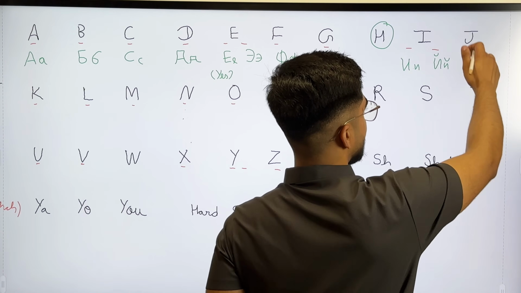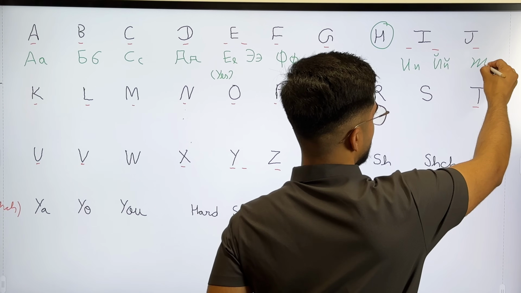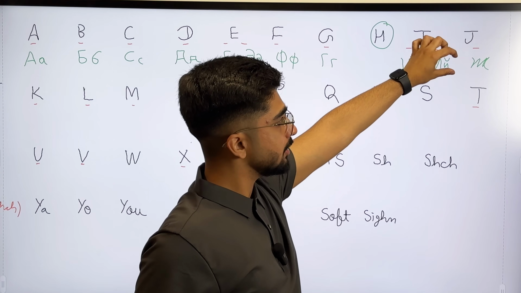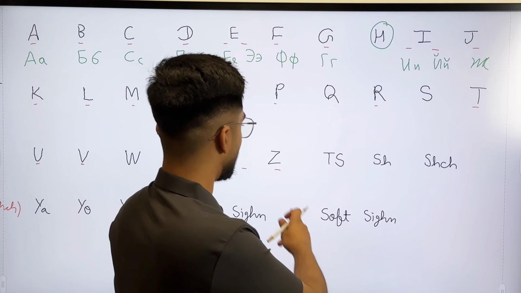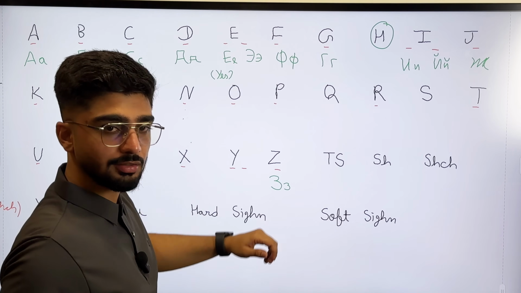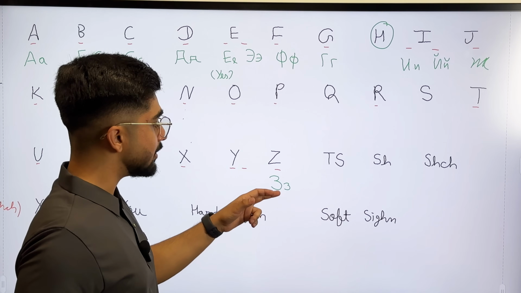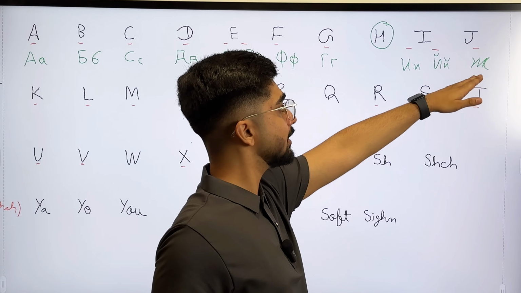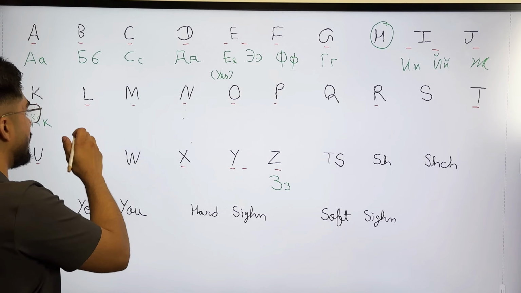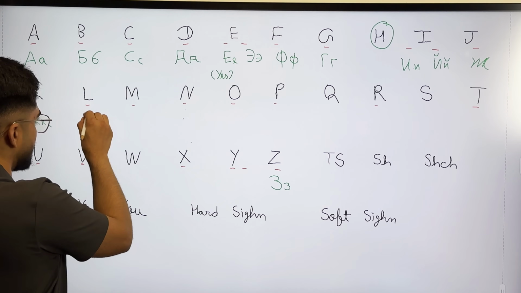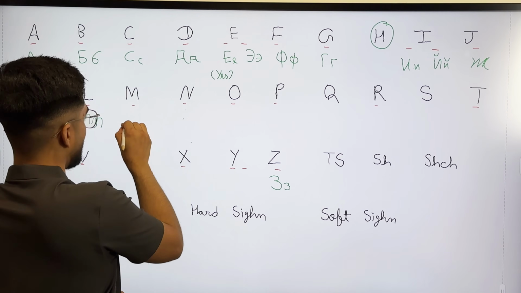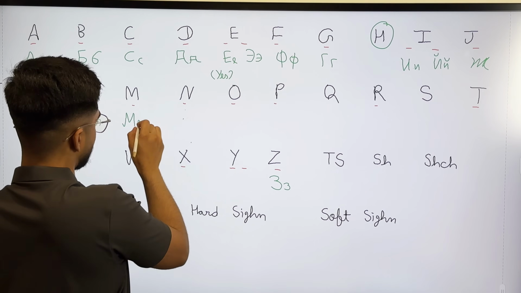If I tell you about J, this letter is not pronounced just like J, but I am just writing it. The pronunciation is Z. You can see Z like this in Russian. It is your Z. You know the zebra Z, so it's the Z. And when you have to pronounce this, this is Z. K looks like K, and you pronounce it K in Russian. L. You have to make the first line like a slope, and then a straight line, and you pronounce it L. M is like M, and you pronounce it M.